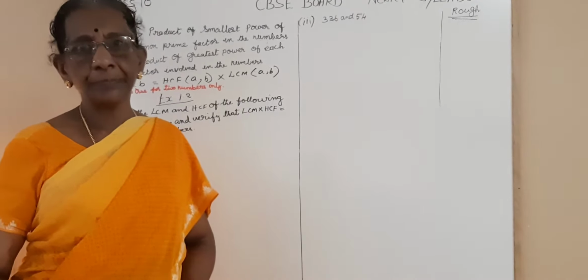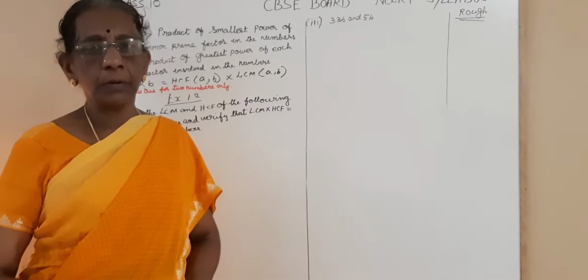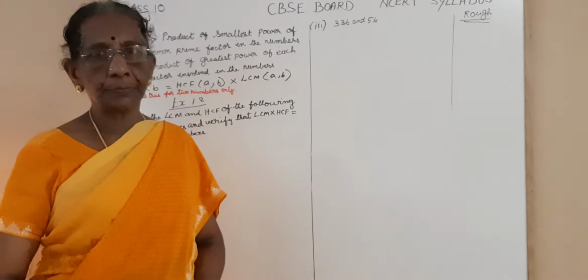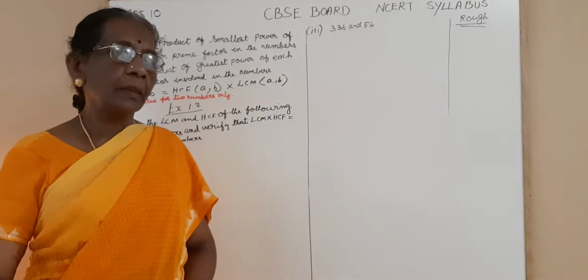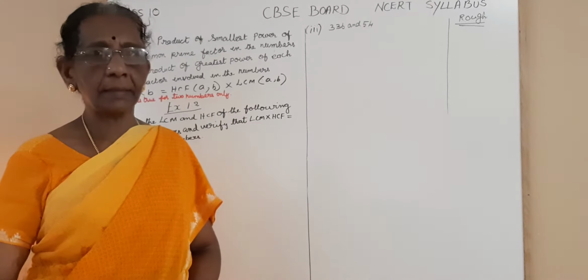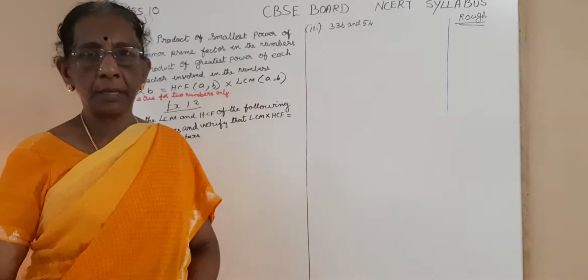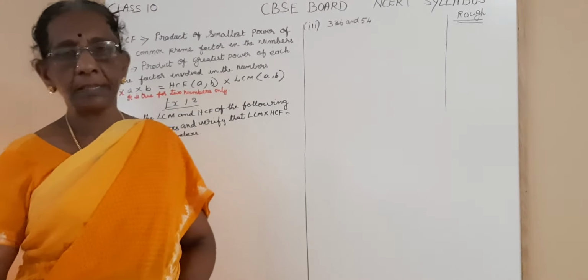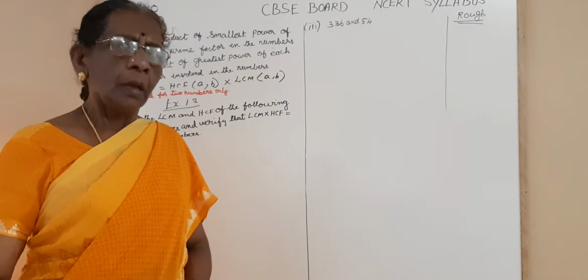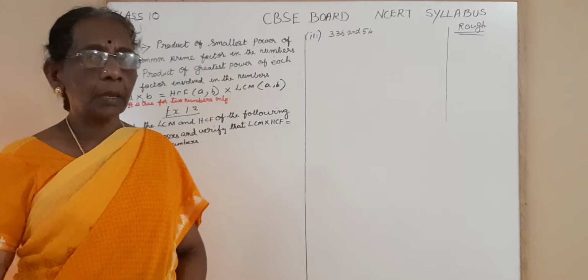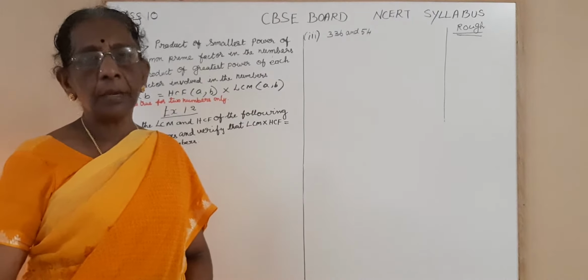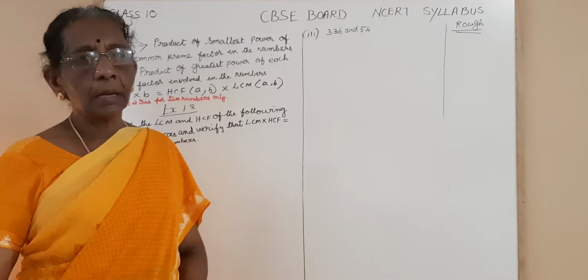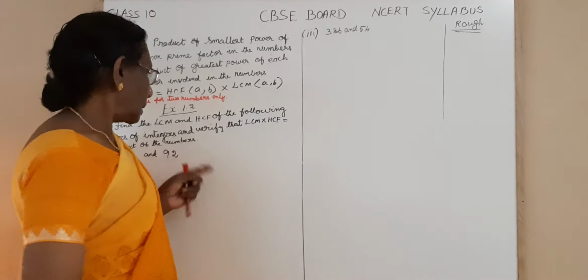Stay safe. Today, in this session, we will continue the fundamental theorem of arithmetic and exercise 1.2. In the first sum, we did how to factorize, that is, write the prime factorization of the given numbers. Now, in this session, we are going to see how to find the HCF and LCM of the given numbers using the prime factorization method. Before moving to the HCF and LCM, let us have a small recap about what is HCF and what is LCM. Then we'll move to the questions.